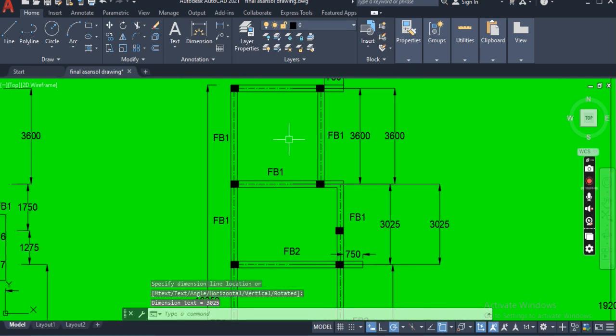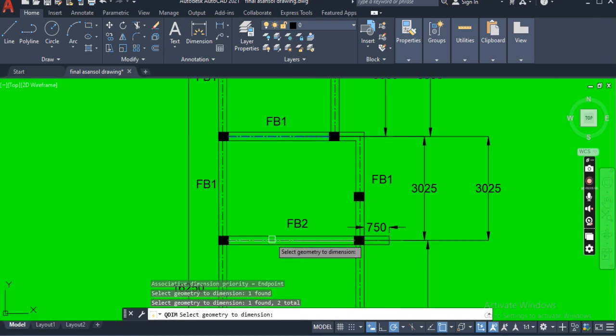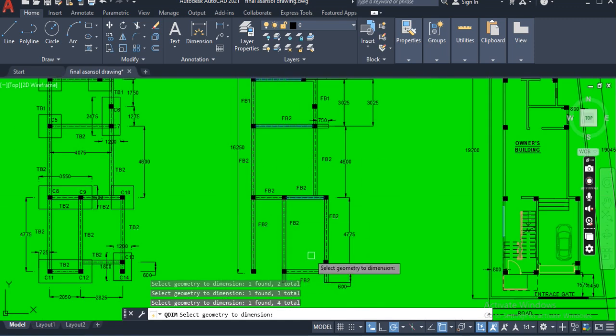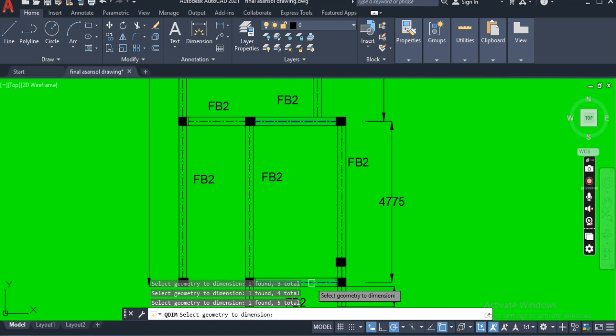But we want to use the dimension quickly. For that, we are using quick dimension, that is Qdim, Q-D-I-M, enter, and then select the center line like that, center line like that, like that, and that, and that,